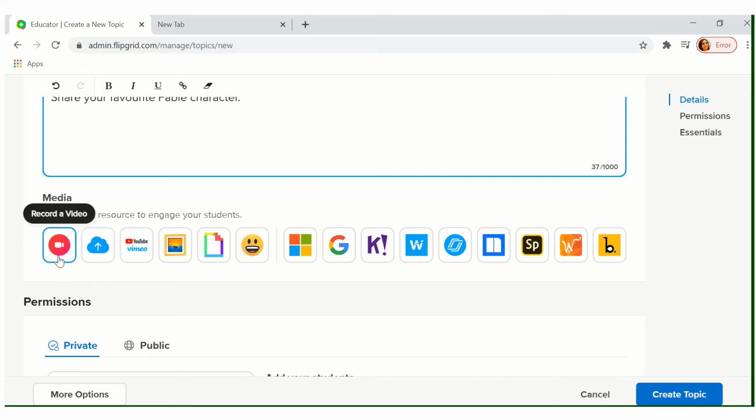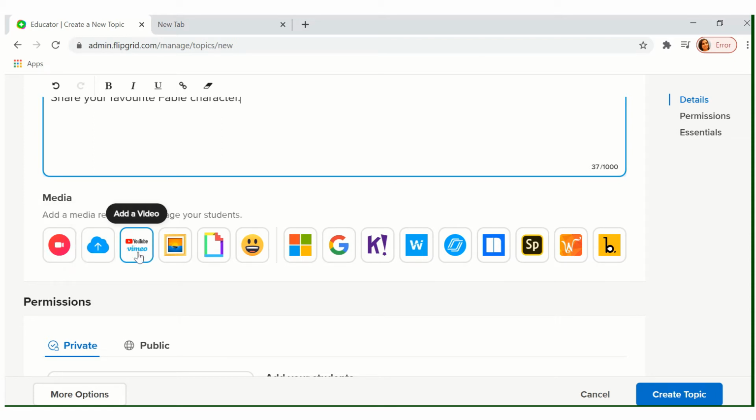It can be recording a video. You can record a video and ask the question or explain what you want the children to do. It can even be science experiments. You can show the experiment as well. It can be anything like that. It can be uploading a video. If you are not comfortable recording it live, you can upload a video.